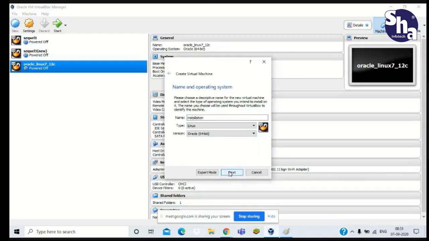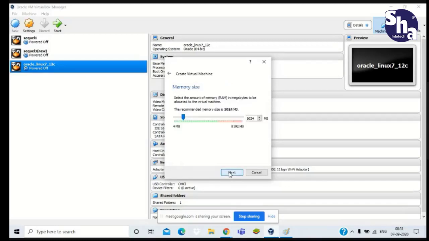Now clear? Yes, sir. After that we need to select next. Now depending on your RAM size, you have to give some RAM to your machine. You are creating one more computer inside your computer.